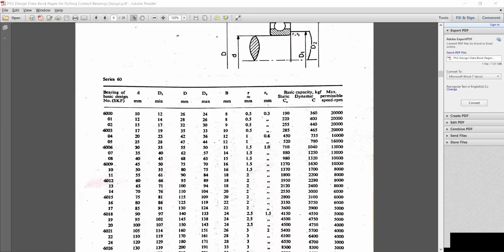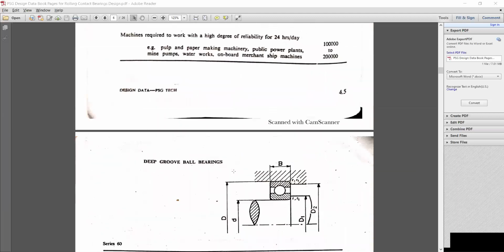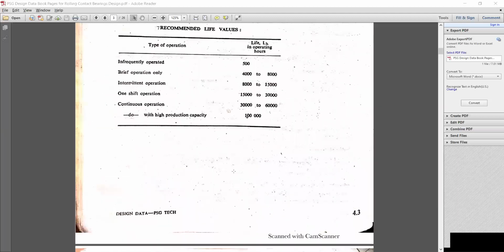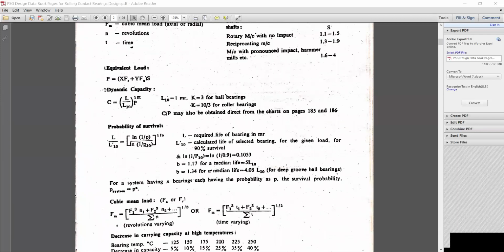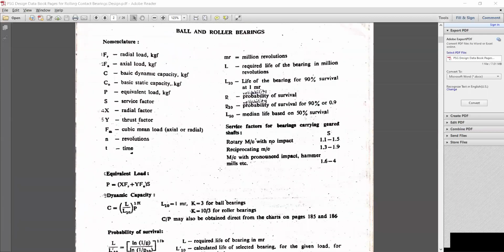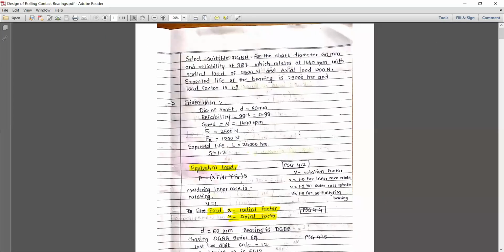Okay, so let's go, we'll start our design. I will first open page number 4.2. We will discuss it one by one properly. So here I have one problem with me. First problem: select a suitable DGBB, that is deep groove ball bearing, for a shaft diameter of